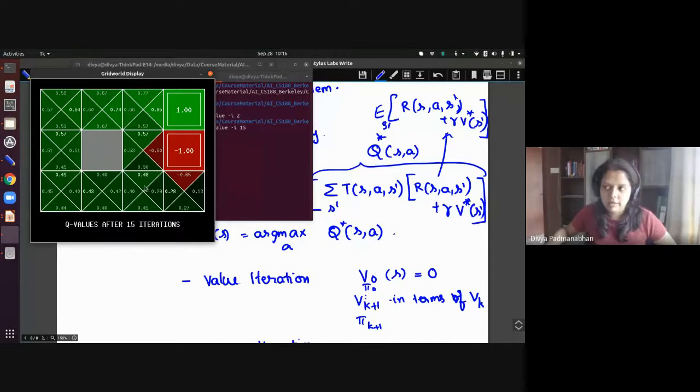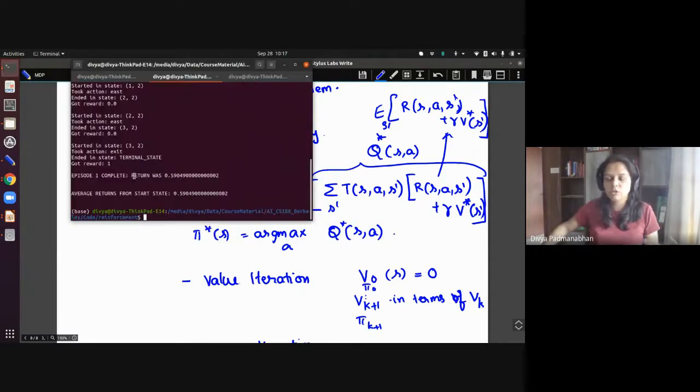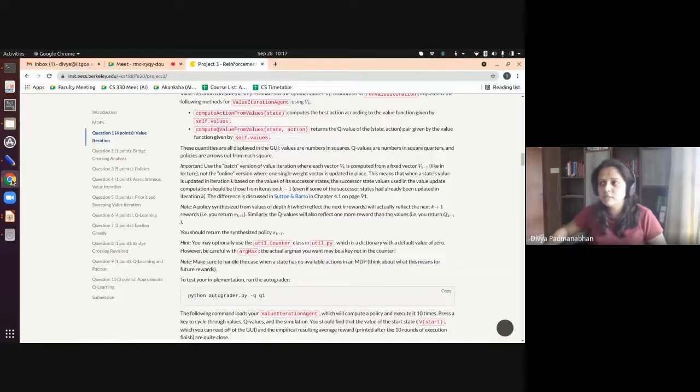So at this point, actually the value is 0.48. So it is actually the north action. If you go north, the value is 0.48, and that is the best action to take. And that is actually the value. Okay. So all these four are the Q values corresponding to each of the actions at this state. And the best becomes the value of that state. Okay. This is just to demonstrate this to you. So any questions on this demo?